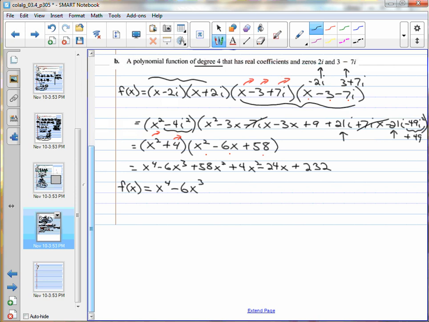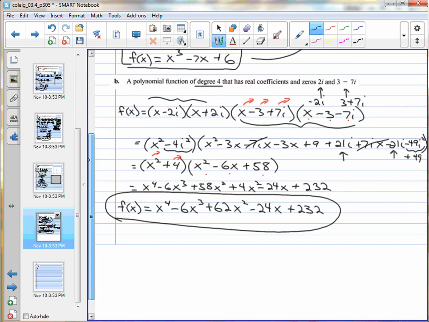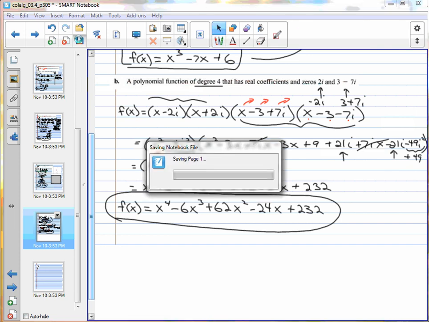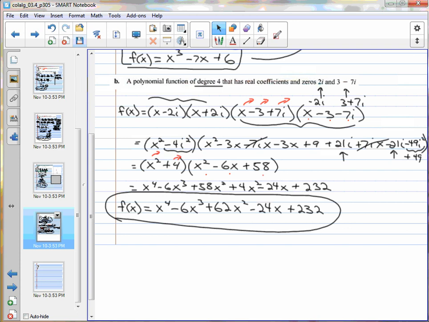cubed. What do we have in our squareds? Plus 62x squared? Minus 24x plus 232. And that's the polynomial that had those lovely zeros that they started with us at the beginning. Your turn for fun. Now, my question to you, I guess,